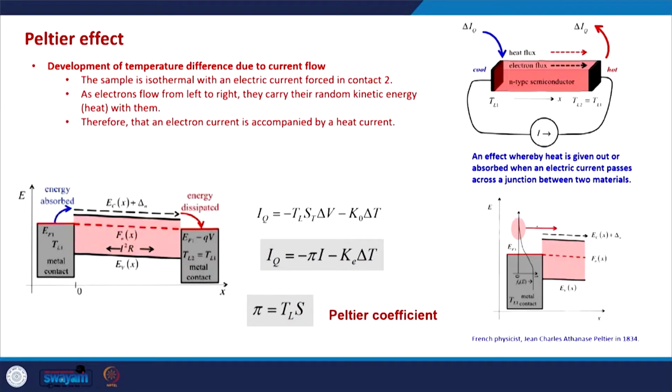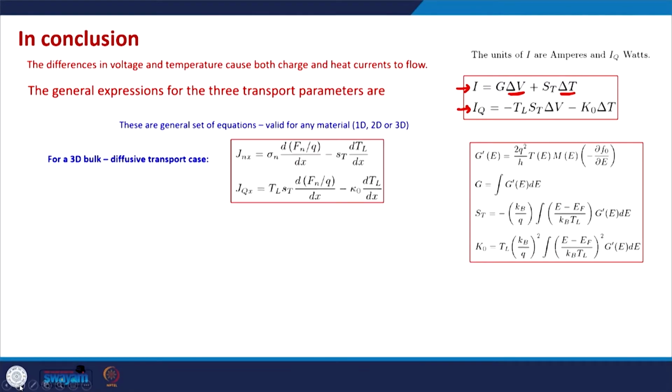And as you can see, this kind of heat transfer is reversible as well. So, if we change the direction of the current, the direction of heat current will also change. The Joule heating is not reversible, it is an irreversible thing. So, in conclusion, while considering the charge current and heat current, we need to consider